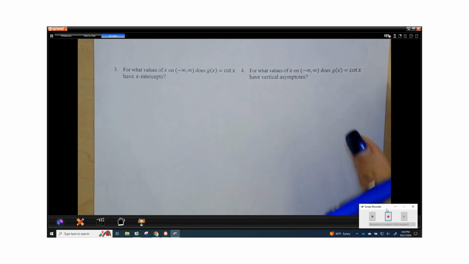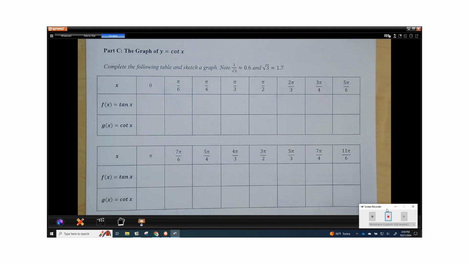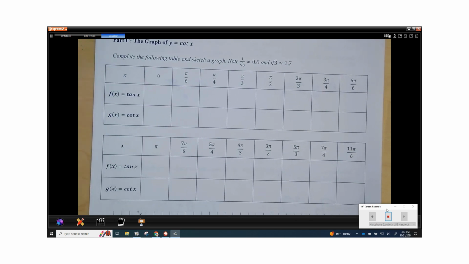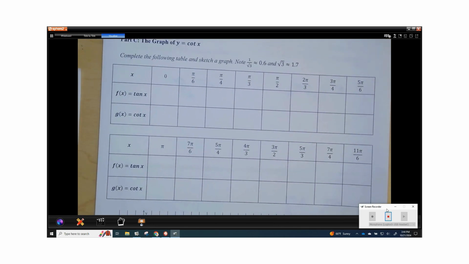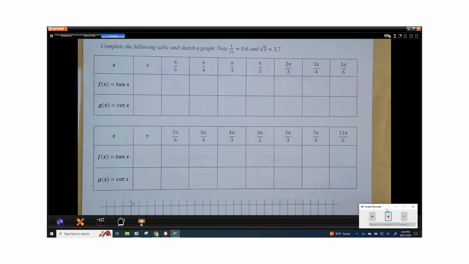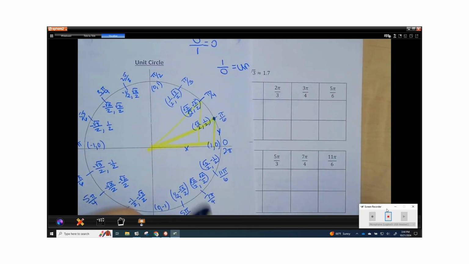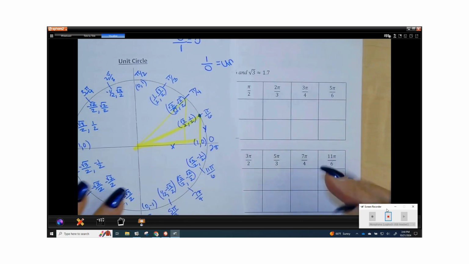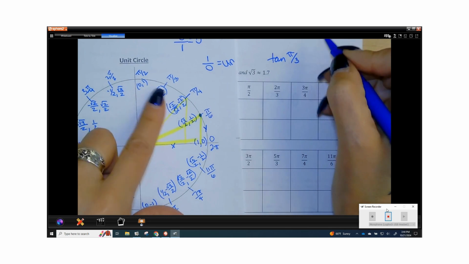Now let's do cotangent. I think cotangent's a little easier in that you could either think of it as 1 over tangent, or you could think of it as x over y. You could just flip it. Now, when you're dividing it, I've been seeing this error. Let's say we're doing the tangent of pi over 3. I'm going to write it here because I'm going to do a shortcut. So that is your y